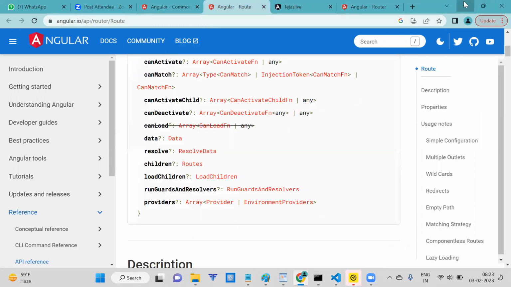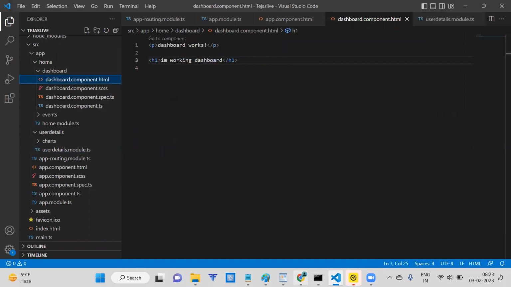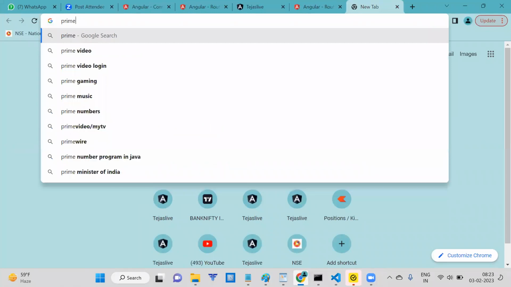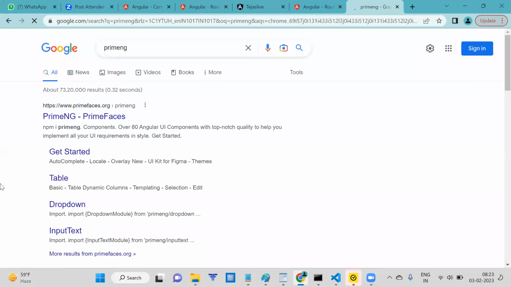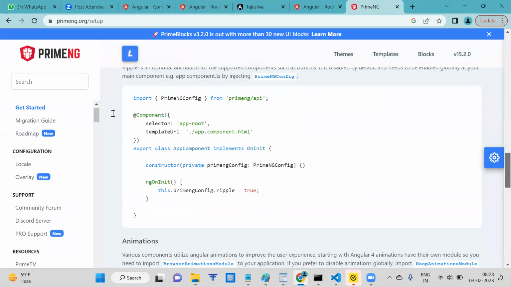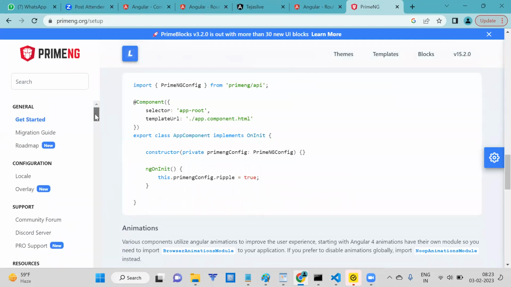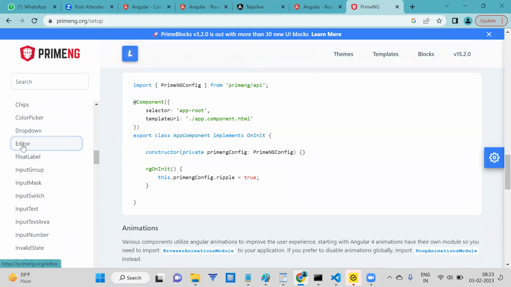Now we will create this tables like form, and then we will include this save, update, delete card operations in this particular dashboard. So there will be a concept like PrimeNG, like in real time, like in our current work environment, we will use this PrimeNG. This is a material CSS. So what it means? If you want to design the page in such a way that looks attractive, so we use